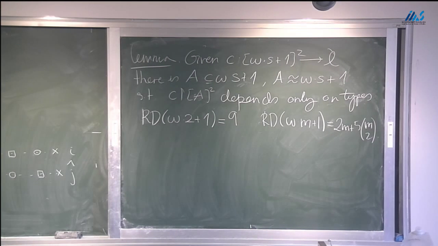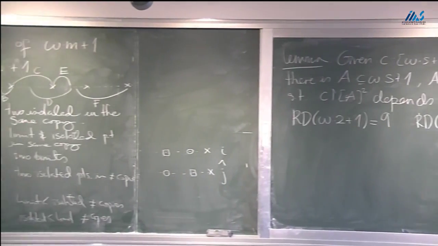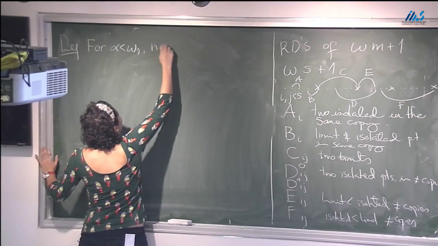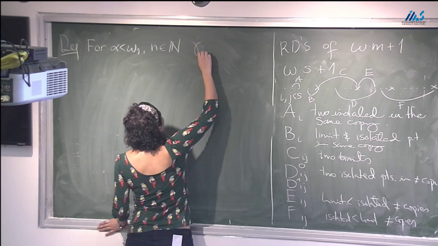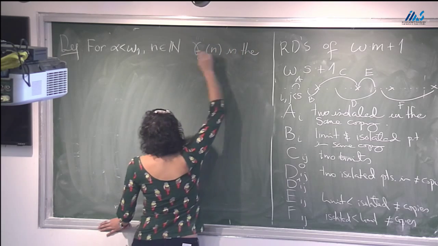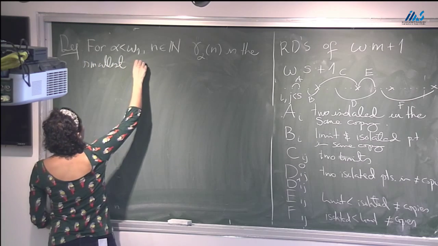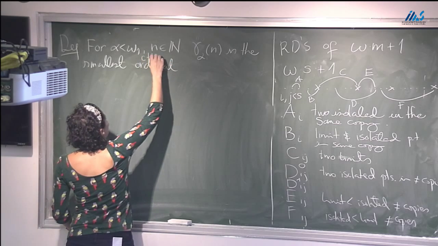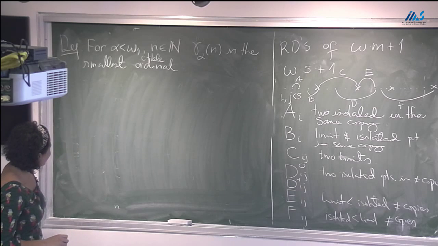So let's actually write this down here. All right. So where do we go from here? We want to reduce the number of colors further. So let me just introduce some notation here. Let me define it for a countable ordinal, but I will focus on omega times n plus 1. For alpha countable and a natural number n, gamma sub alpha of n will be the smallest countable ordinal such that